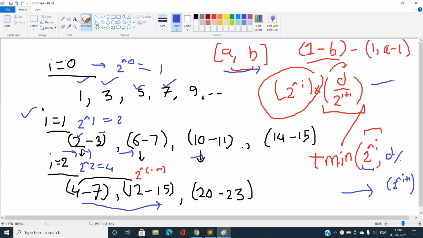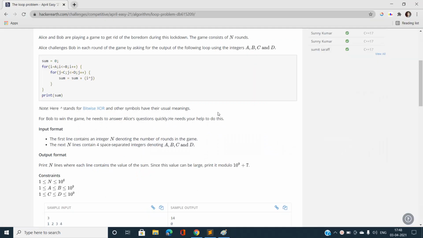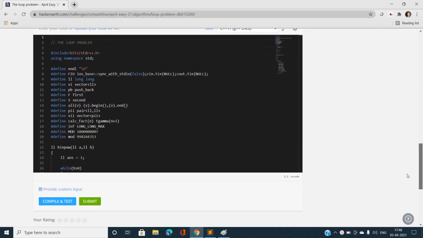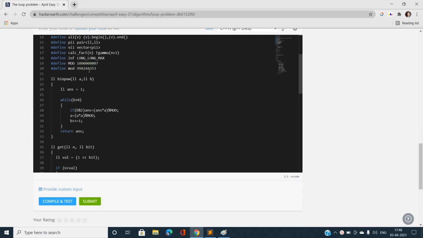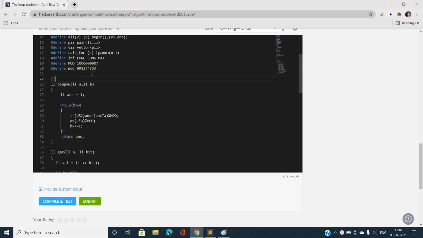Okay, so let's head over to the code to analyze this problem and its implementation in the best way. Okay, so let's move further. You can see I have here a binary exponentiation function that is going to calculate the power of a number, power of a comma b, efficiently in log of min of a, b time. So I will have a bin power function that is going to calculate the power in logarithmic time.